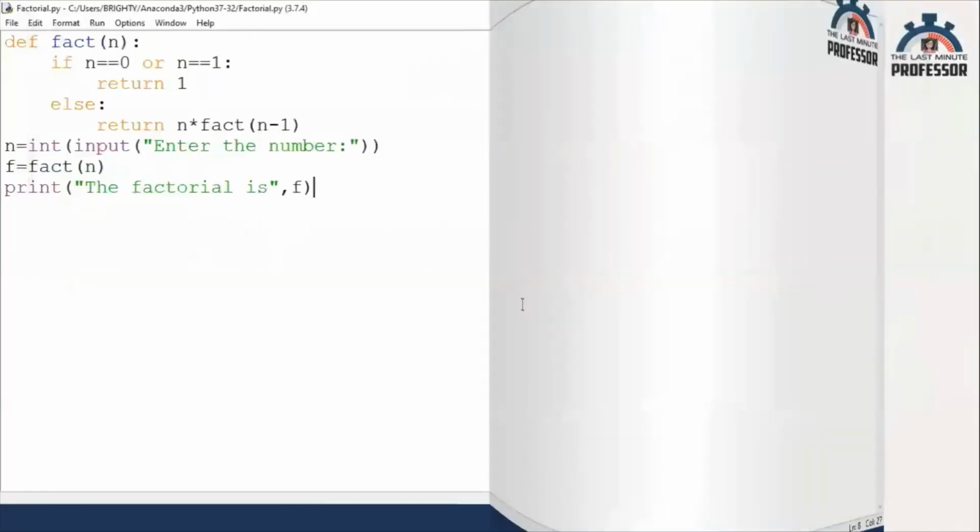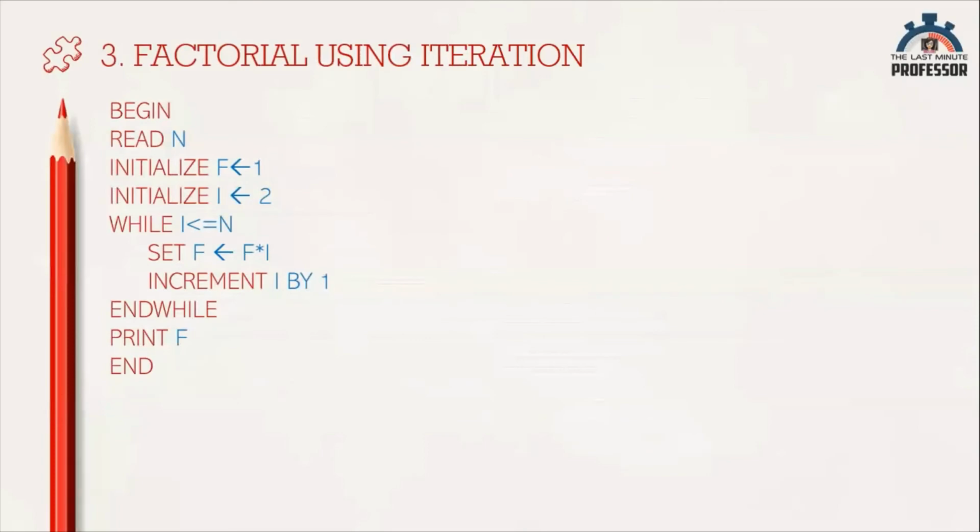The last approach that we are going to deal with is finding factorial using iteration. Iteration is repeating some statements. So here what we are going to do is get a number from the user, then find the factorial. For example, if we need to find 5 factorial, we are going to multiply the numbers from 1 to n, that is 1 into 2 into 3 into etc. up to n. So for that purpose, first let me get the input from the user.